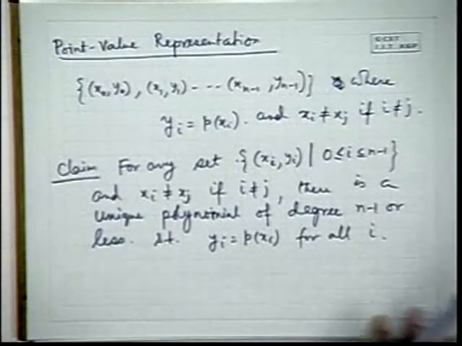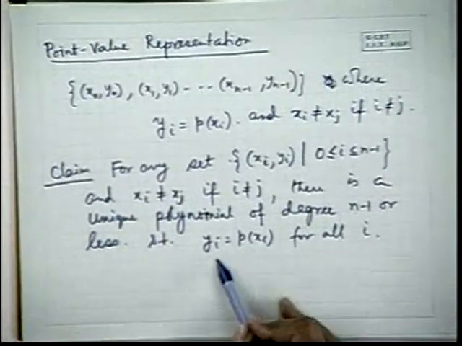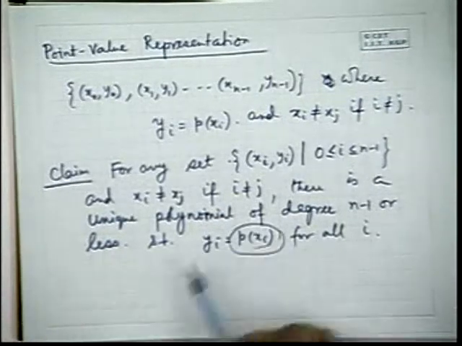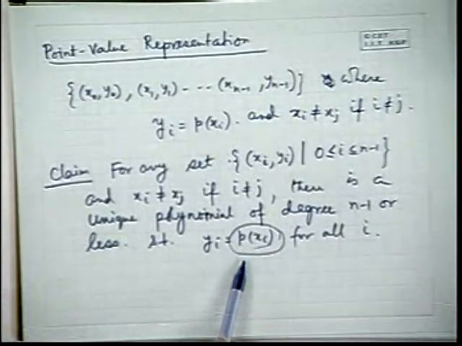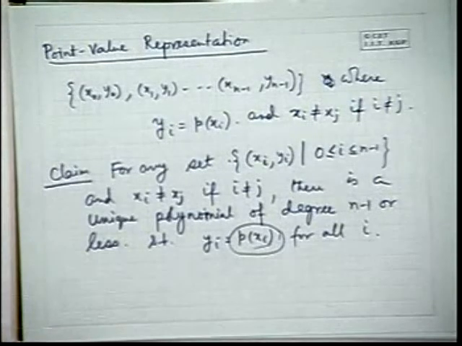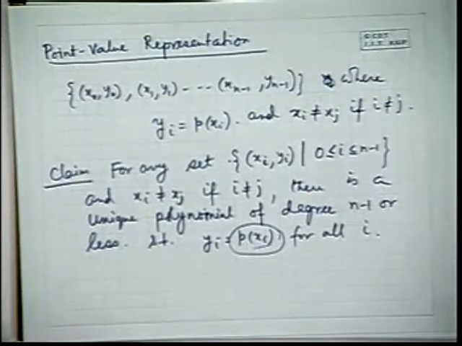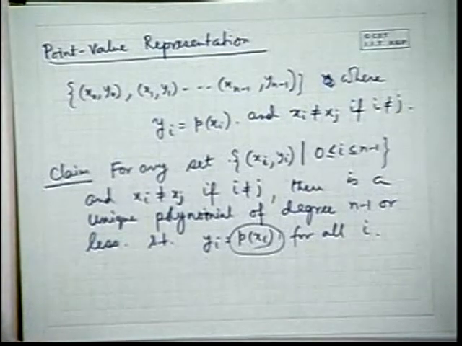So let me go back to the previous slide. This is the previous slide. Our claim was that this polynomial p of xi will be unique. That follows from the discussion I just had. For the time being, we know the matrix multiplication is n cube, but later we will see how to improve even that.